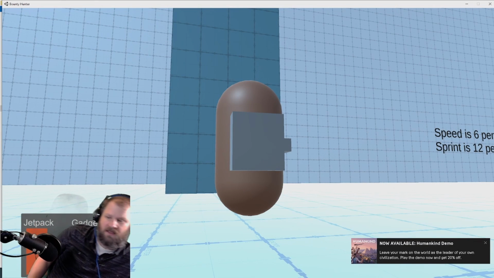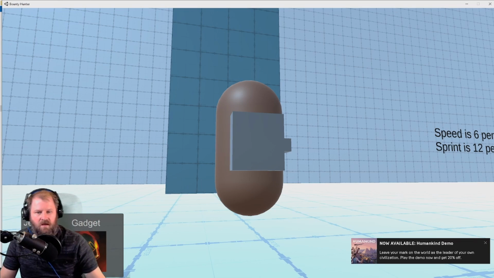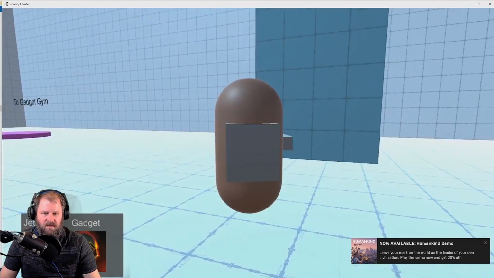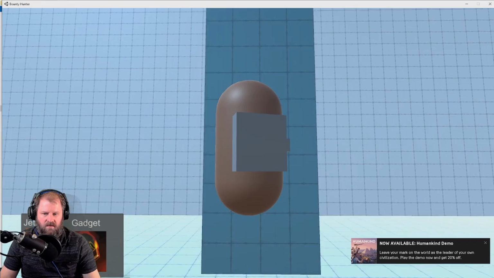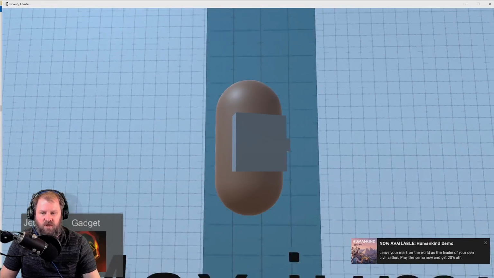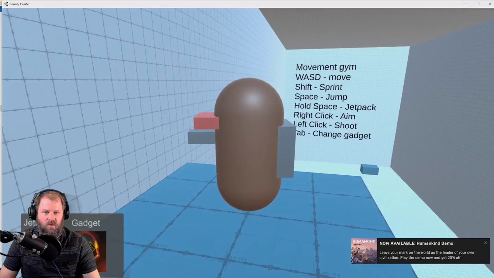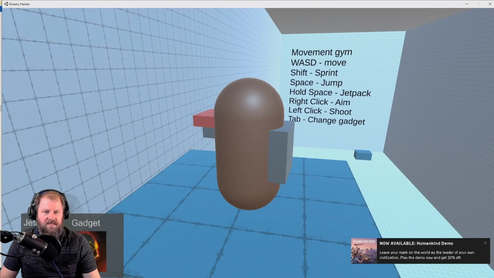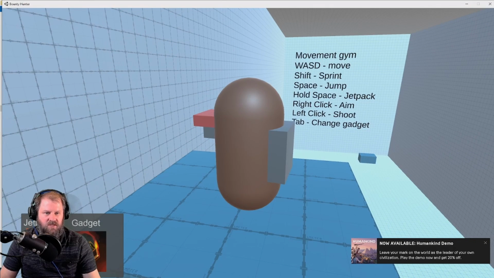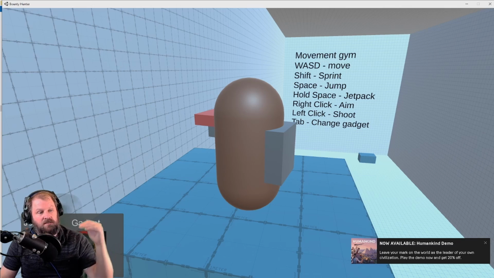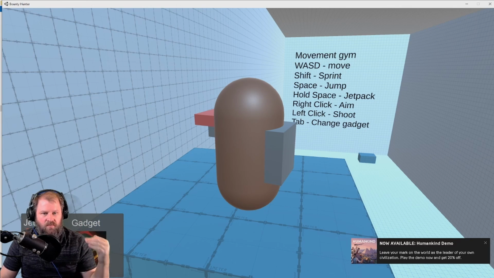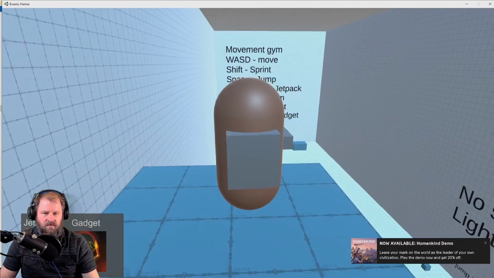You can see there's a jetpack gauge and a gadget right there. I'm not sure what the gadget is. Maybe that's my gun. Okay. So jump and then hold. It makes sense. And I made it to the top. I feel like a winner, chicken dinner. Okay, space, jump, hold space to jetpack. But you can't just jump and hold it. You have to jump, release, and then hold, which is fine.